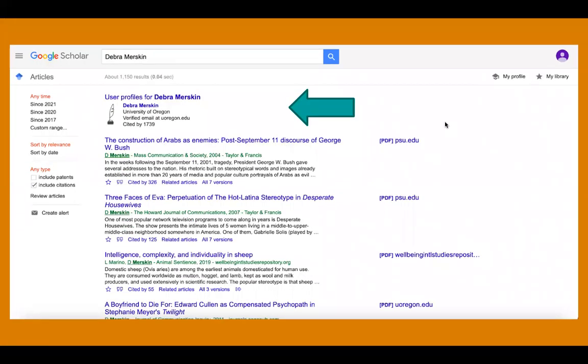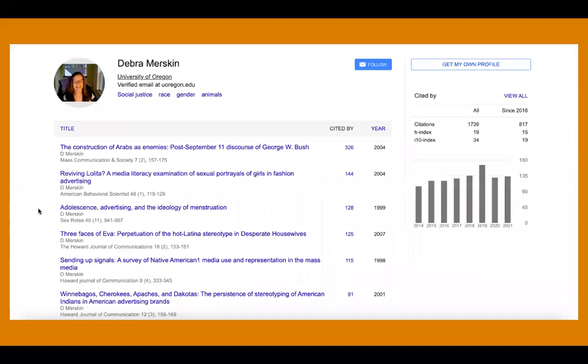Something else that's really cool about Google Scholar is you'll see sometimes this section pop up of user profiles. And I use the scholar Deborah Merskin as an example. So if you typed her name into Scholar, you'll see user profiles for Deborah Merskin, and it'll show up here. And you'll also see that beyond that, there will be her first initial and last name here, which means that things that she's written are popping up here. But there's also an active user profile for her, which means that if you wanted to, you could click on her name and you'll be redirected to seeing all of the things that she's published,